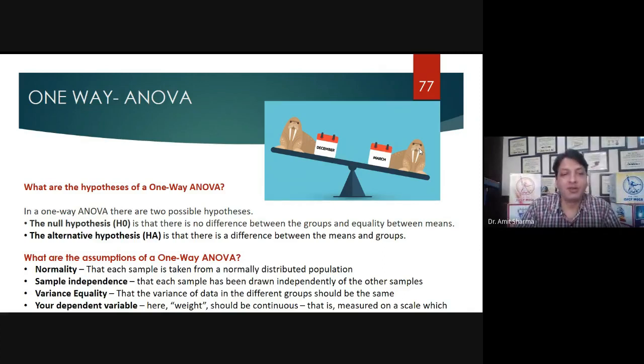One more assumption we have is that there should be equality of variance across all the groups. That means while applying the test, you should give equal weightage to all three groups, group A, B, and C. For example, here I am going to take three different groups of BMI.